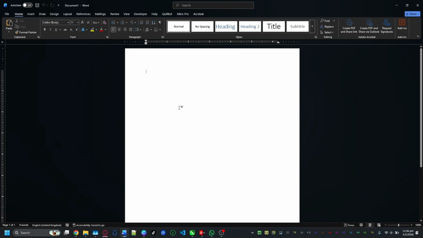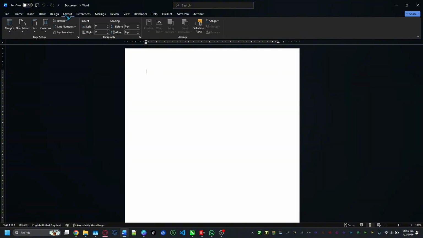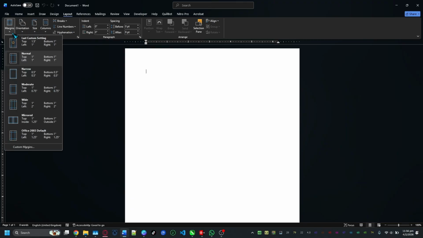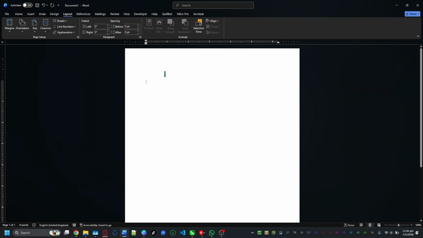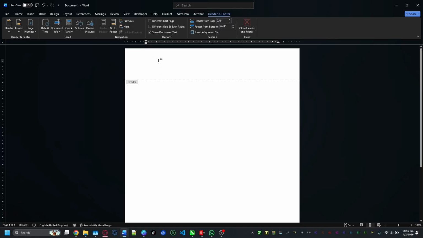So now the next thing I'm going to do is to go back to the header and edit the header. I'll just go to layout and edit the header size. Let's go to margins. There's a custom margins, and I'm going to make the top 1.5. Okay, make it 1.5. Then I will double click on this space here so that I can edit